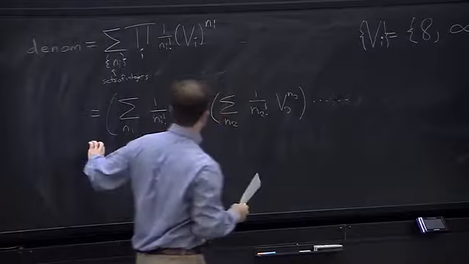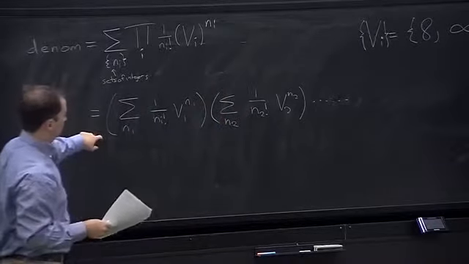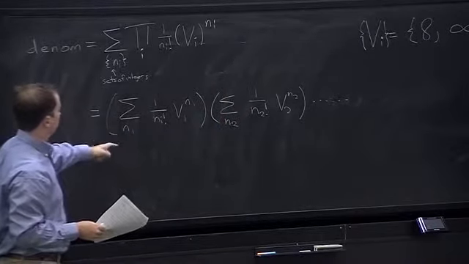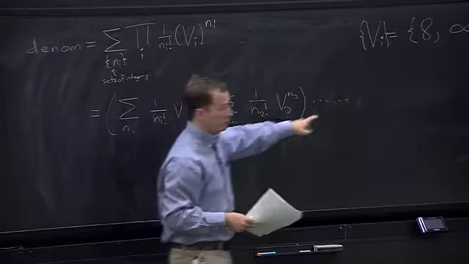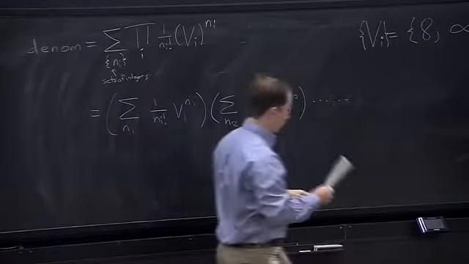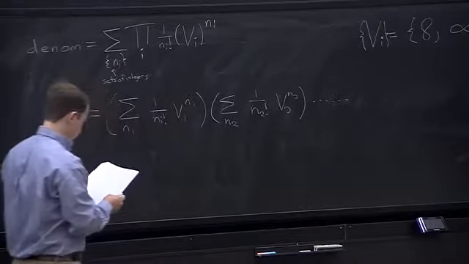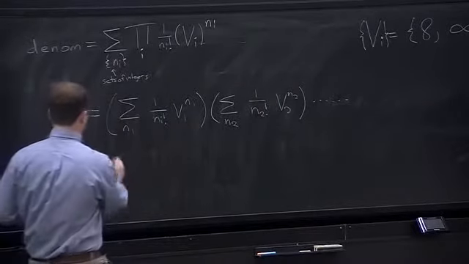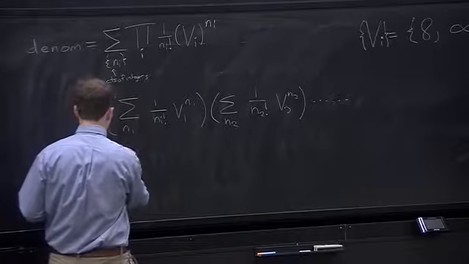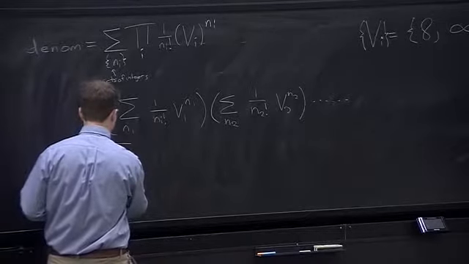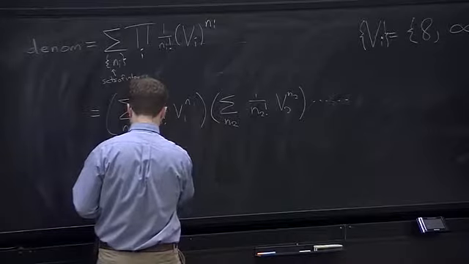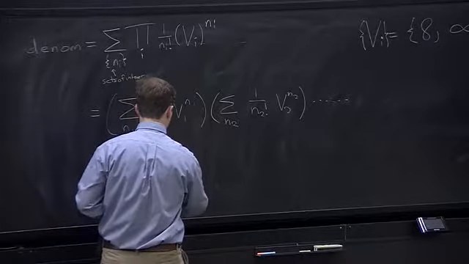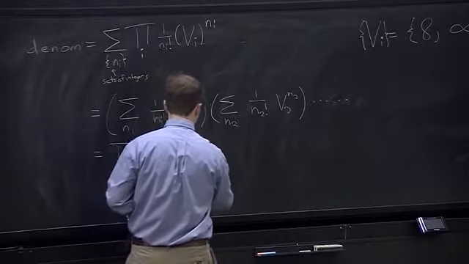This is the same thing. So this is still just saying that we're summing over all possible ways to choose a number of each of these connected vacuum diagrams. And you can write this in a different way. It's just the product over i, the sum over ni, 1 over ni factorial, vi to the ni,